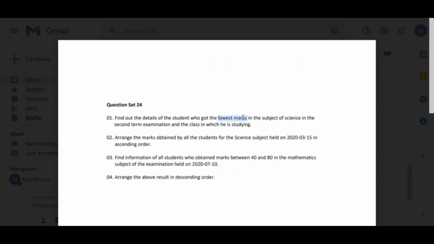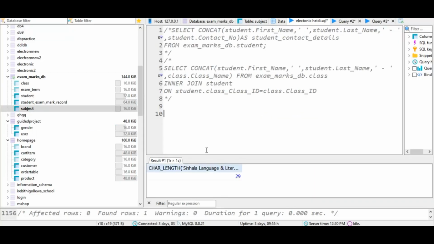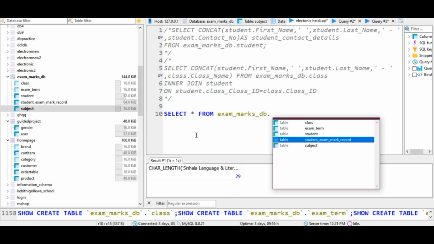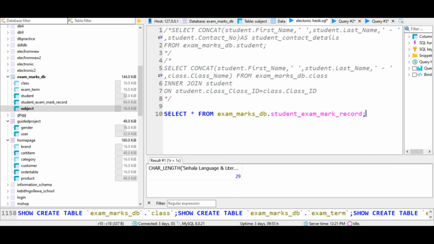So now, first of all, I'm going to find the lowest marks for this subject using these conditions, and I'm going to use a subquery. So I'm going to say select all from the student exam mark record table. When you execute this query,